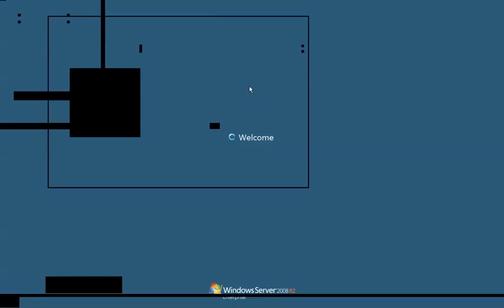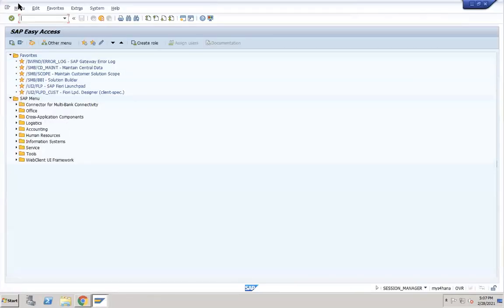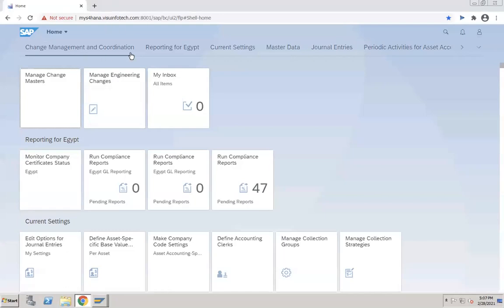See, I have entered no user ID, no password. I have entered directly. I have not entered the client. Whenever I'm logging in here, I have not entered any client. Normally, in the settings, 400 was there before logging in. Here it is not there. Why? Because through this link it is directly linked. If you are using this, it is directly linked with that client only. Then only the screen will appear.